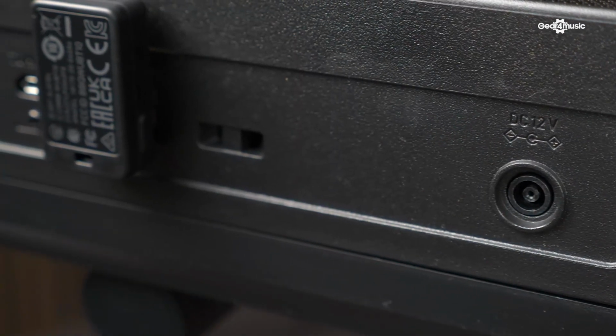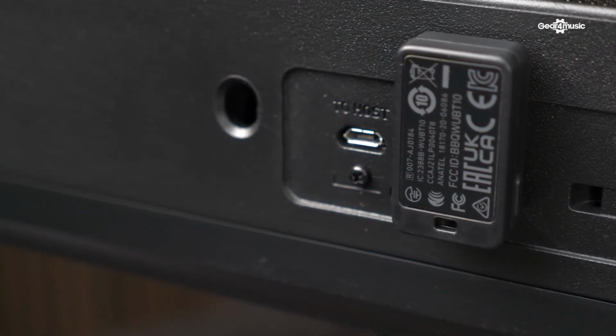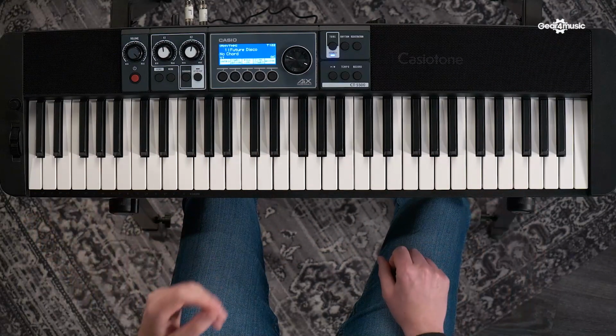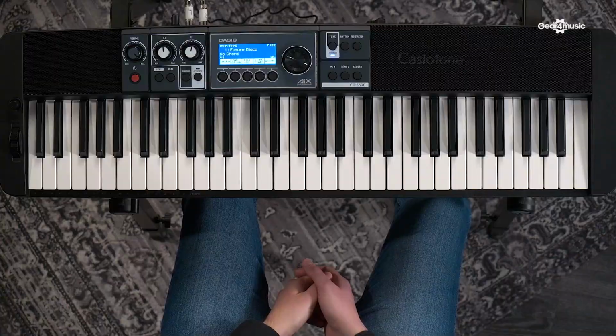Yeah, so there's lots of connectivity here. We've got USB, which means you can connect this to a PC or a Mac or an iPad or an iPhone, pretty much anything really. And we use that for MIDI. So, this is obviously a touch-sensitive keyboard. You can use it as a controller. All the live controls, so the controls here and over here, they will all actually transmit what we call MIDI CC data, which essentially means that you can use these to control functions on your sequencer, on your computer,